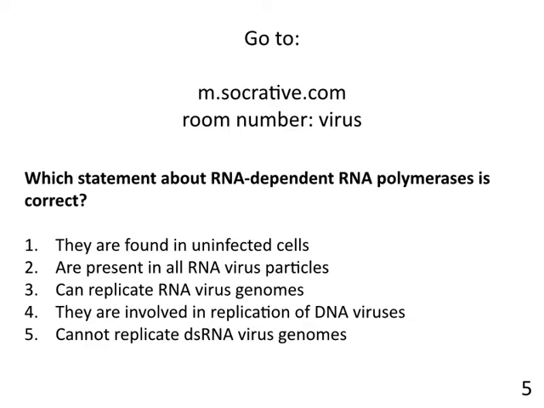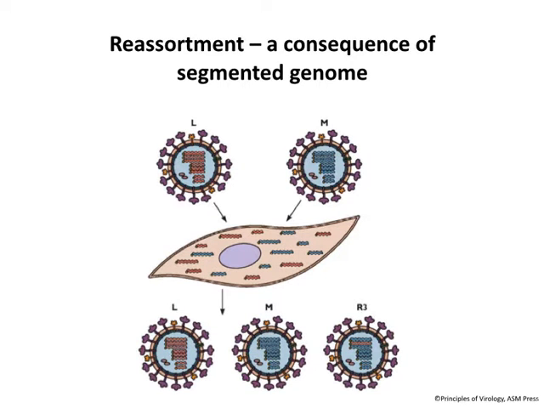Number 3 is correct. They are not involved in the replication of DNA viruses. RNA-dependent RNA polymerases are not. DNA-dependent RNA polymerases are involved in transcription of DNA viruses. And they cannot replicate double-stranded DNA virus genomes is not correct. They can. Now, when the RNA genome is in pieces, as happens with the reoviruses and the influenza viruses, an